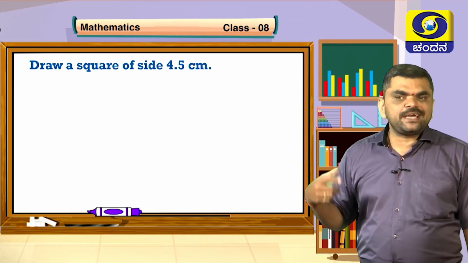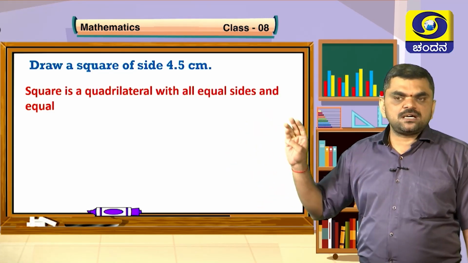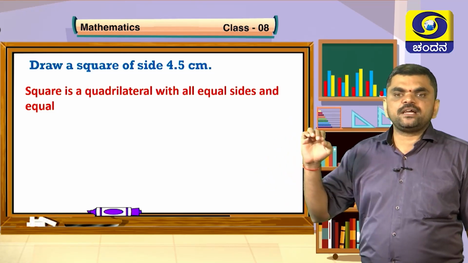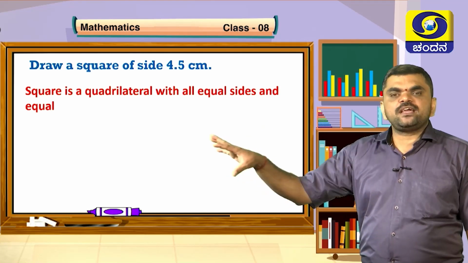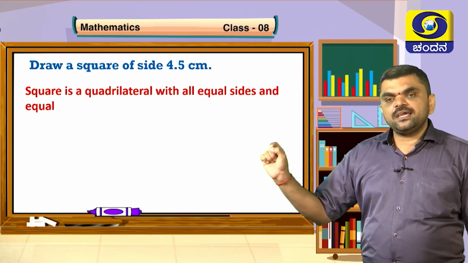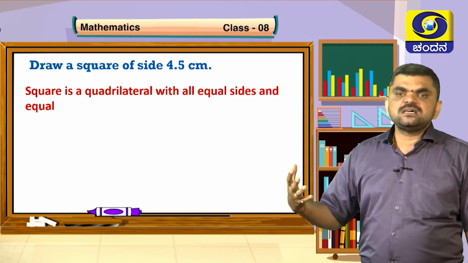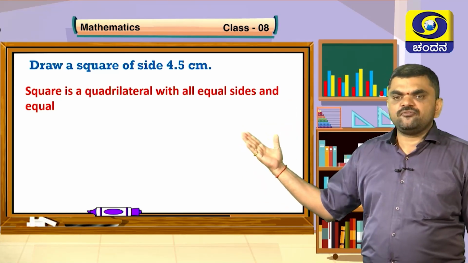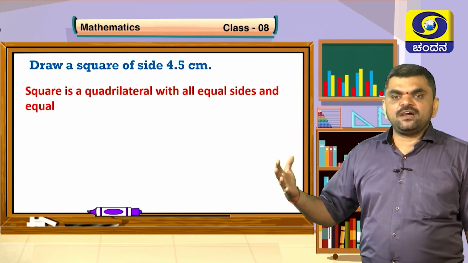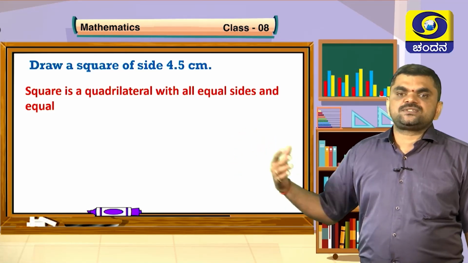Observe here, children. What is a square? Yes, a square is a quadrilateral with all 4 sides equal. And one more thing, all the 4 angles are also equal and they are equal to 90 degree. This is understood when they give the name square here, children. So when they give only one side, is it possible for us to construct? Yes, it is possible, because it is known that all the 4 sides are 4.5 centimeter and all the 4 angles are 90 degree. They have, in fact, given all the 8 requisites here, children.